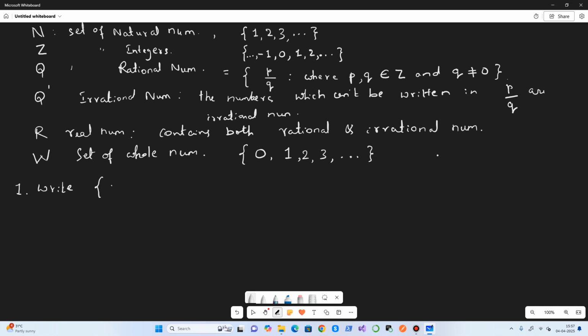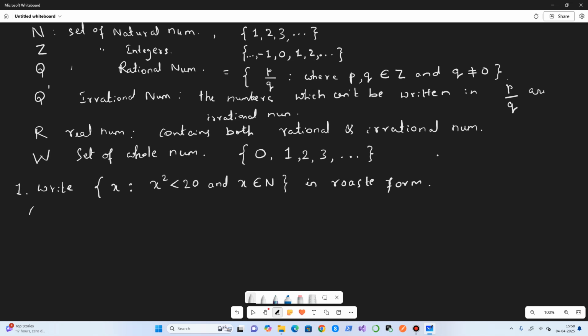For example, I have been given x, where x square is less than 20 and x is a natural number. Suppose I have been given the set builder form and I want to convert it into a roster form.